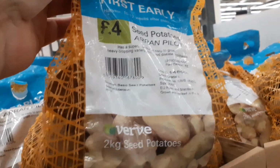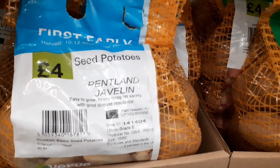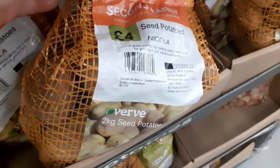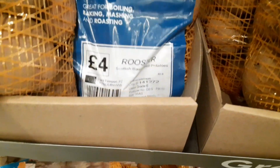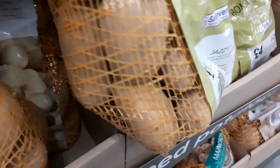Charlotte, Allen Pilot, Main Crop, Desiree, First Early, Pencil and Dublin, Main Crop, King Edward, Second Early, Nicola, Rooster, Bartlett, Second Early, Maris Piper,